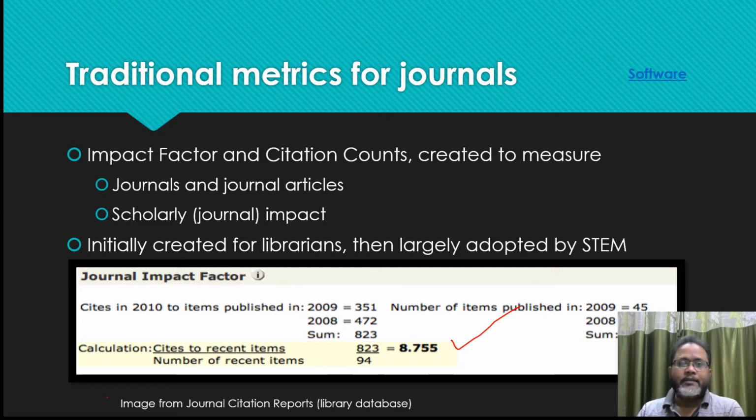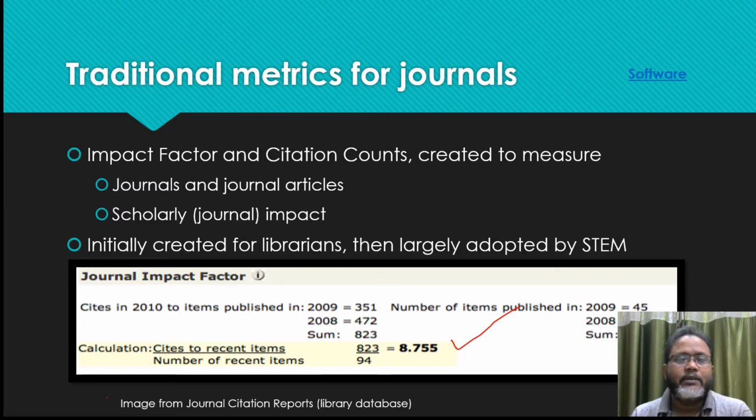And again we are demystifying the impact factor. You see, this is about journals and journal articles, scholarly journals. Initially created for librarians, then largely adopted by STEM, that is science, technology, engineering and mathematics. So, journal impact factor. Now see, cites in 2010, try to understand this: cites in 2010 to items published in 2009. So 2010 is our base